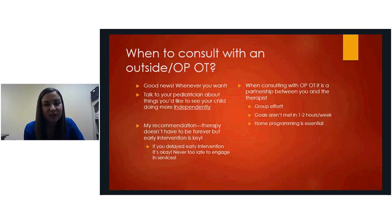When consulting with outpatient OT, understand again that it's a partnership between you and the therapist, so it is a group effort. Goals will not be met in the 1 to 2 hours a week that we as the specialist are seeing your child. The reason is you're the primary caregiver, you're spending a lot of time with the child, and we want to send you home with some home programming in order to achieve those skills across multiple